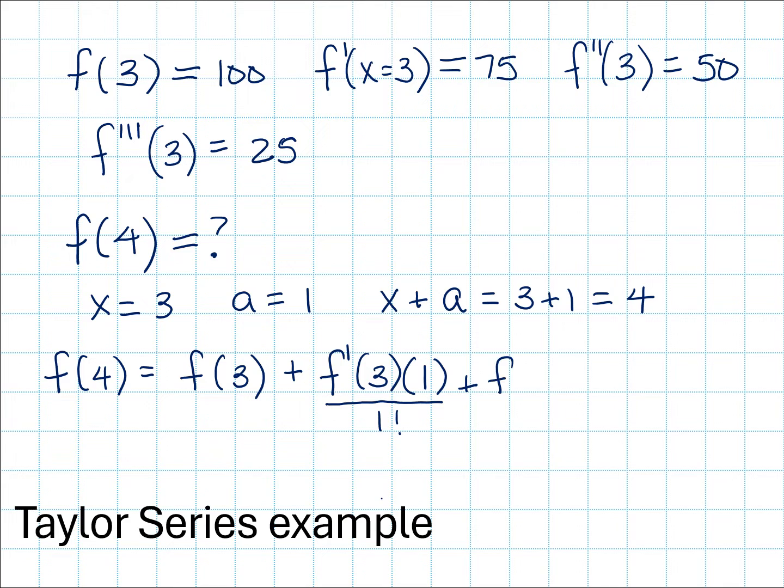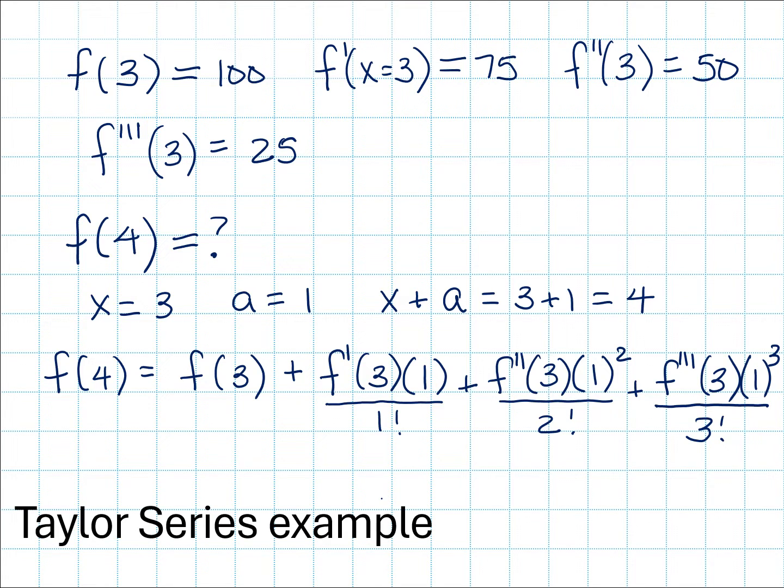My third term will be the second derivative of x multiplied by a, this time squared. And my fourth term will be the third derivative of function f at x equals 3, at 1 cubed